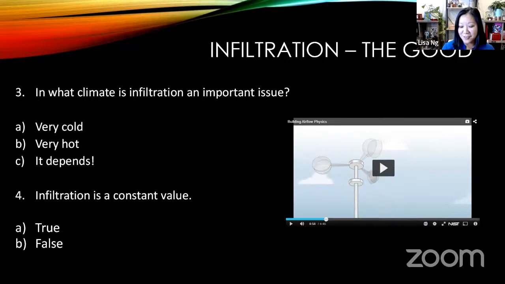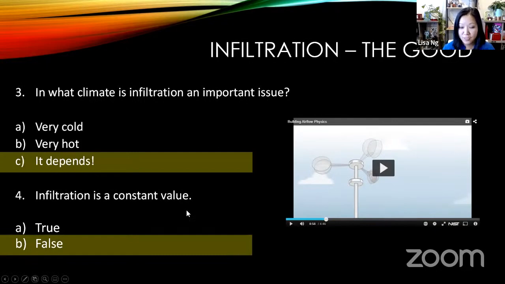C and B. Oh, I think these 2 questions you all know. And then Andrew says 3 all climates, and then I missed the second part of his. But people are saying 4A, 4 false, CB, CB, excellent. All right, so I'm glad that these 2 questions are questions that people understand already, which is that climate is going to be important in all types of climates, and really where it depends. Matthew says not in Hawaii, because it's so nice in Hawaii. Why would you care about infiltration? You want those mild, beach-driven winds to infiltrate your buildings.